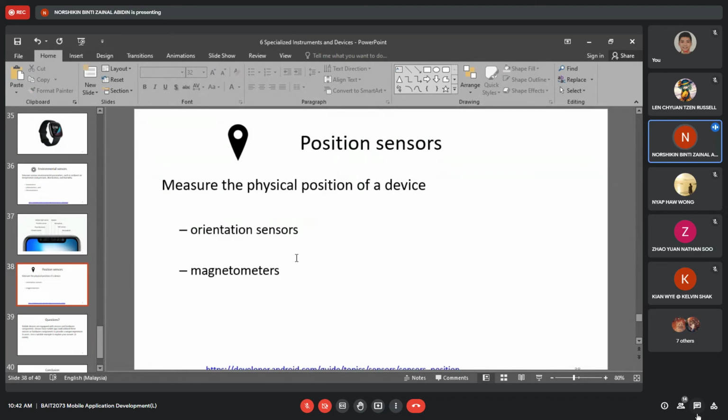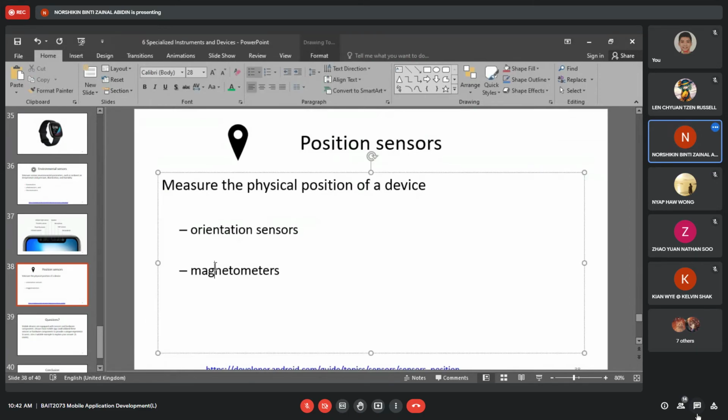For airplanes, I want to share with you. If you have ever heard about the black box in the airplane, that one uses real time. All the communication between the air traffic controller and the pilot is real time. The location of the plane is real time, the exact location. Because the airplane system is what we call a critical system. Grab Food and Foodpanda are not critical systems, that's why they have delay in seconds. So this is the example, orientation sensor and magnetometers. If you ask me to explain all of these sensors, I do not know. Maybe you can explore in Google.